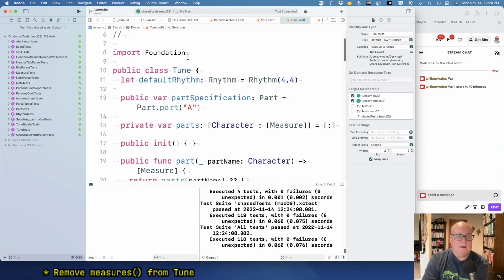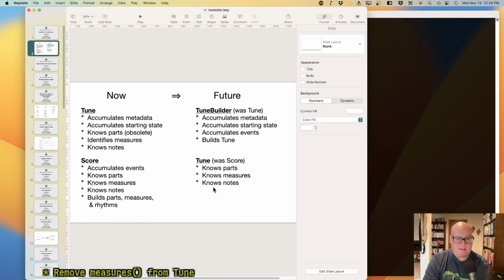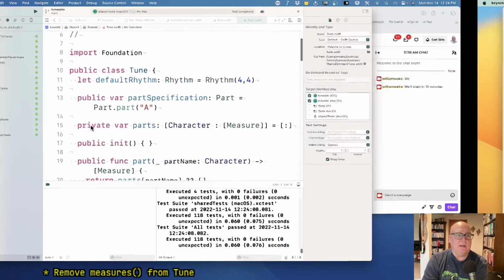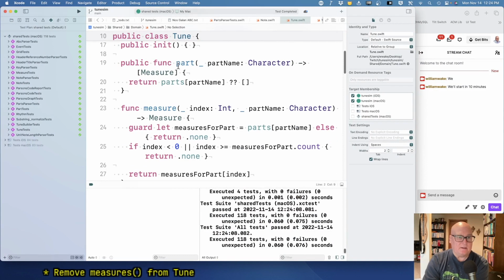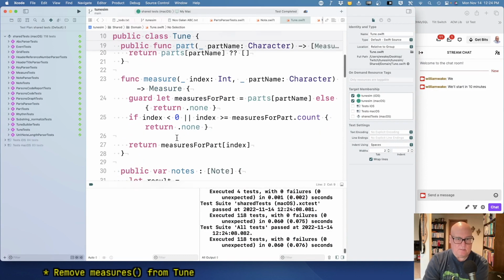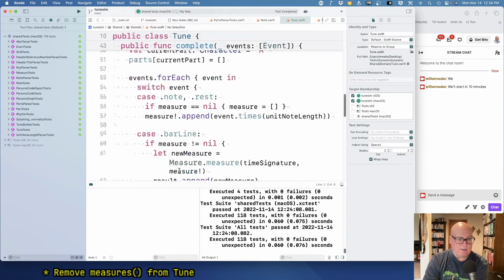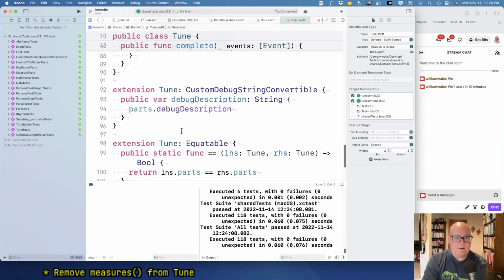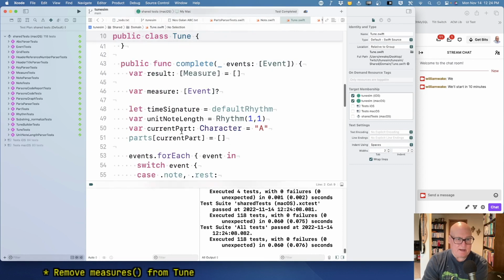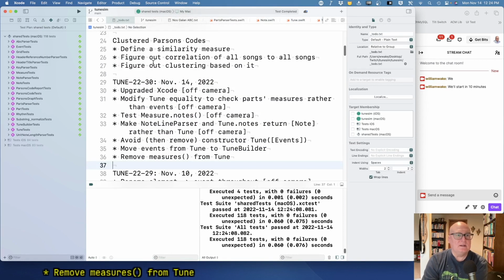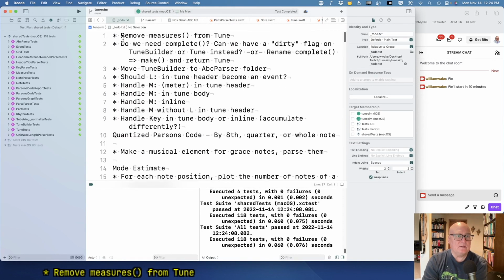Okay, so if I go back to this, my goal was to have Tune know parts, measures, and notes. And I think you can see it knows the parts, it knows the measures, it knows the notes. So it's doing the right thing. And then it's got this complete. Well, I think complete needs to come out of here. All right, so this is really move tune.complete